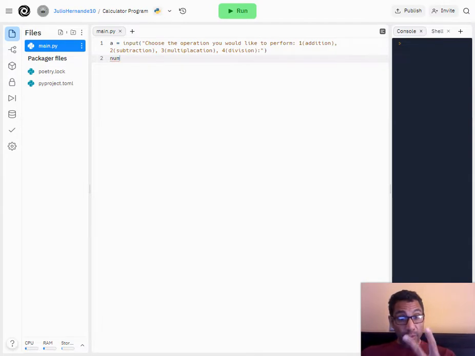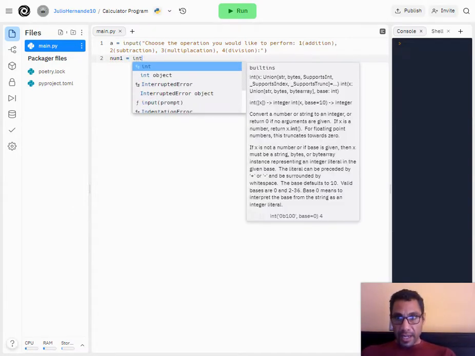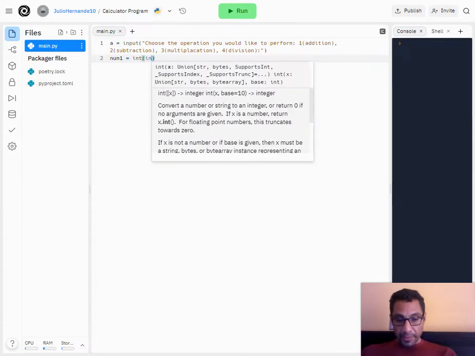We created 2 variables. What were the 2 variables? Number 1, and number 1 needed an integer input, right? Because we need to put an integer. An integer is a number. So an integer input,